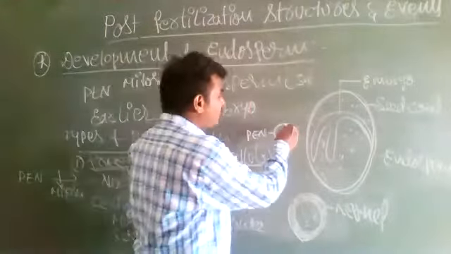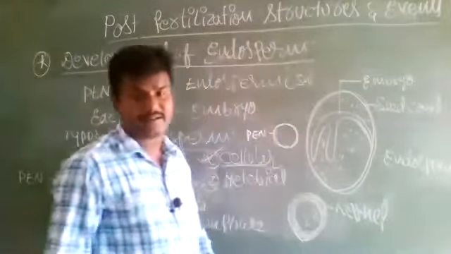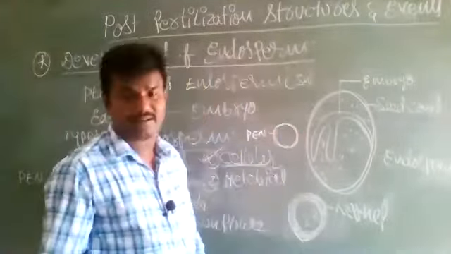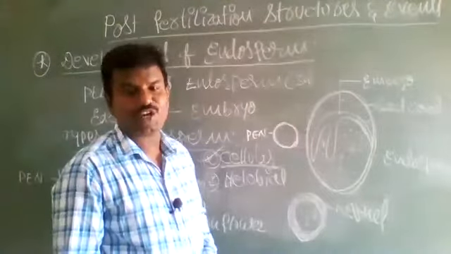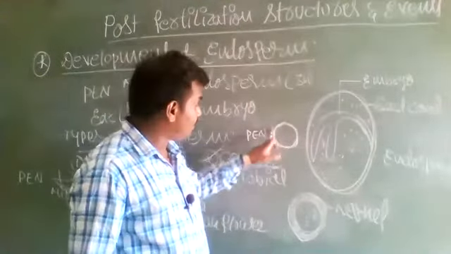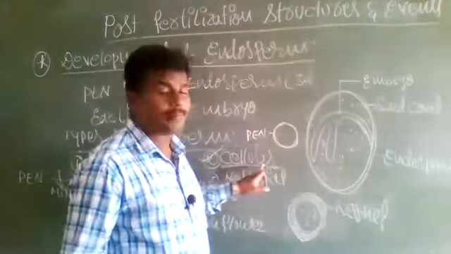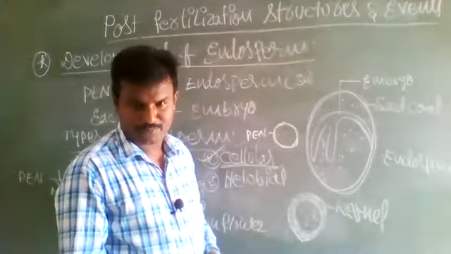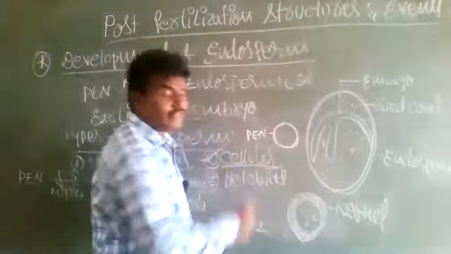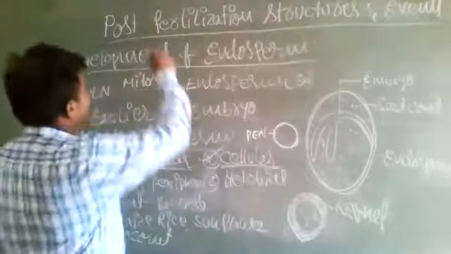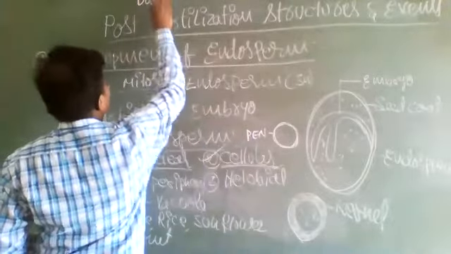So the formation of a thick wall is the best example for the cellular endosperm. This thick wall contains a number of cells. This type of endosperm is commonly seen in Datura plant,